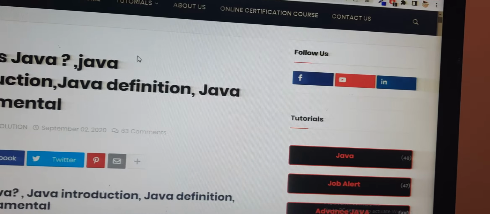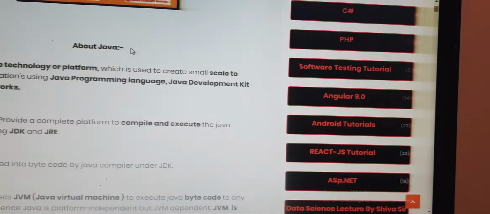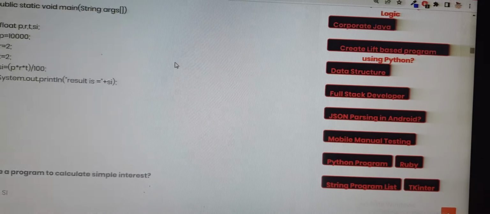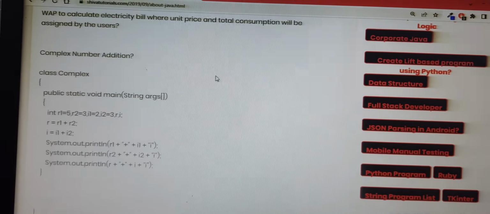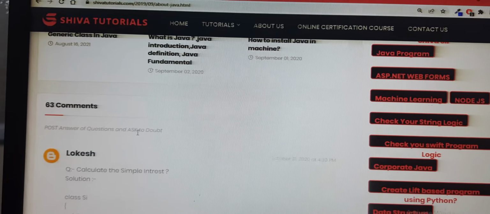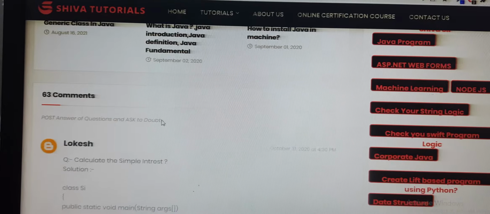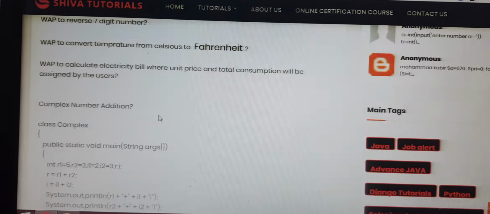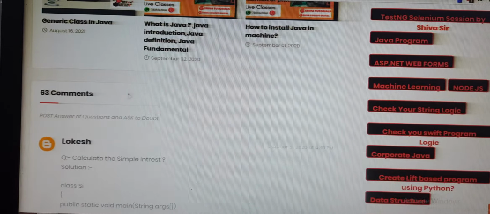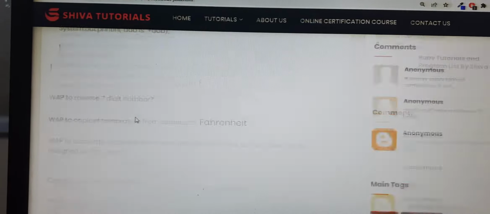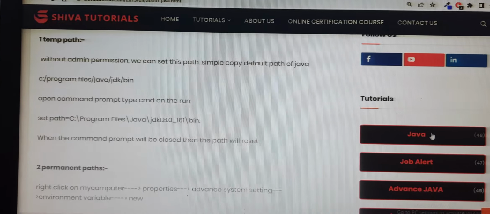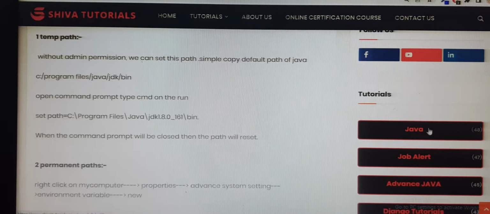Suppose you want to learn Java, starting with what is Java, the first session of Java, you can simply learn there. After finishing the articles, you can comment with the answers to the related assignments that I have provided to you. These are the practical assignments, and you can also put their solutions in the comment section. So you can freely learn the programming languages from this portal or site in easy language.